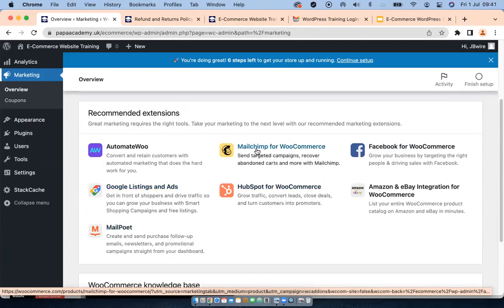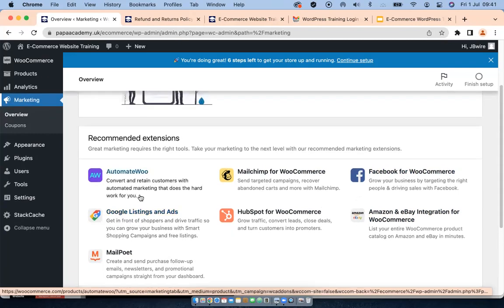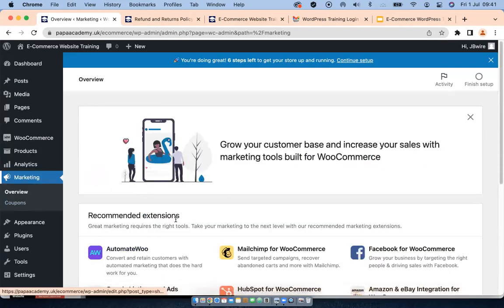For example, MailChimp. Most of you might have heard about MailChimp. It's used for sending automated mail shots to your customers. These might be promotional mail shots where you're promoting your stuff. MailPoet as well does the same thing. You can link Facebook to your shop. From here, you can link Amazon or eBay with your shop. You can actually list your products on Google and use Google Ads by installing this plugin. So as you can see, most of this is to help you, of course, run your shop and make sales